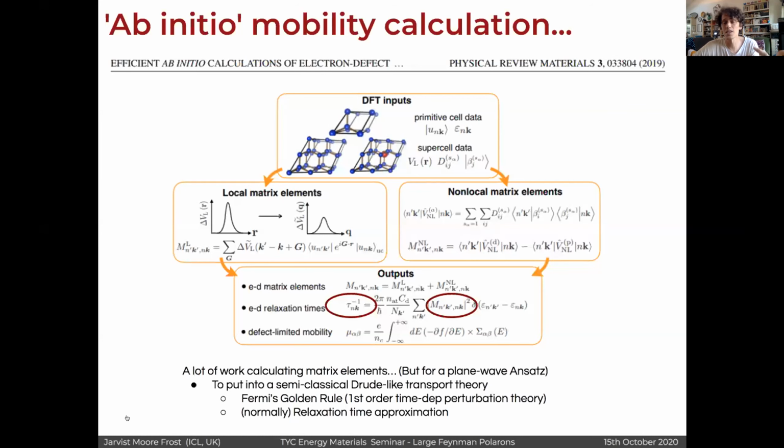As an example, this is a very nice study from the literature recently, where they went to an awful lot of effort to calculate really quite difficult matrix elements. They do these very in-depth computations with density functional theory and calculate a load of matrix elements, and these have to be over a double Brillouin zone integration, because you have both the phonon Brillouin zone and then your electron Brillouin zone. Then you take all these elements and just put them into Fermi's golden rule. That seems like a bit of a waste, really, of doing a lot of quite difficult